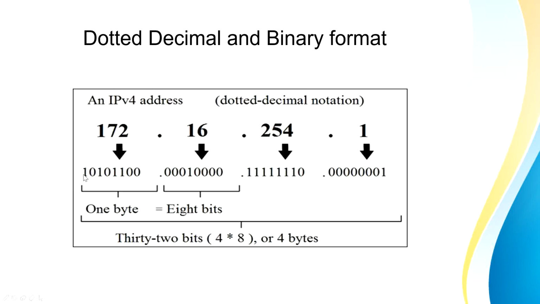Here we have a binary value, and I have to convert it into decimal format. Similarly, this value will be converted into decimal, this value will be converted into decimal, and this value will be converted into decimal. And once I put a dot in between them, it automatically becomes a dotted decimal notation. So my IP address is actually a 32-bit binary value, which for simplicity's sake we are converting into decimal format, because obviously as a human this number will be easy to remember rather than these 32 bits of ones and zeros. So for simplicity's sake, we are converting it into a 4-byte address where each byte has 8 bits.